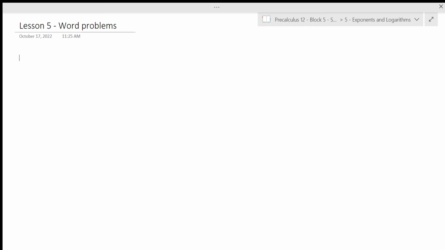In this lesson, we're going to look at a few different word problems that you might need to use exponential or logarithmic techniques to solve. To start off, we have a couple of formulas that lend themselves really well to exponential or logarithmic solving because they involve exponents. We can often solve these problems without exponential or logarithmic methods because we're not trying to find a variable in the exponent. But if we have a variable in an exponent, we're going to need logs in order to be able to